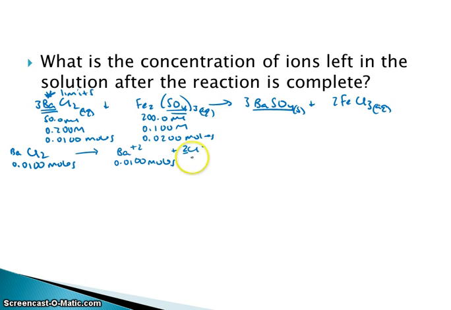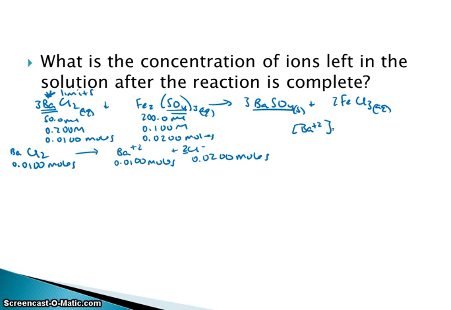So that's going to give us 0.0200 moles of chloride ion. So from here we can find out what the concentration of barium ions and chloride ions are after the reaction is complete. These brackets